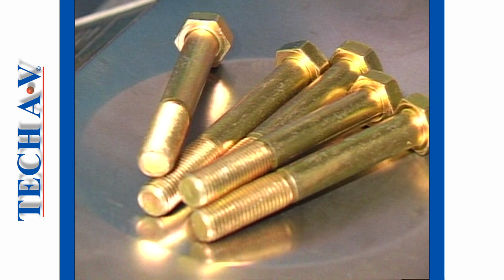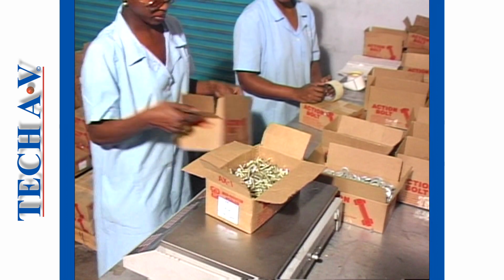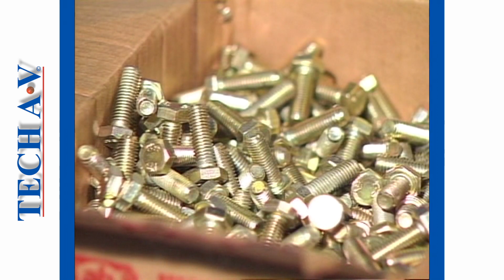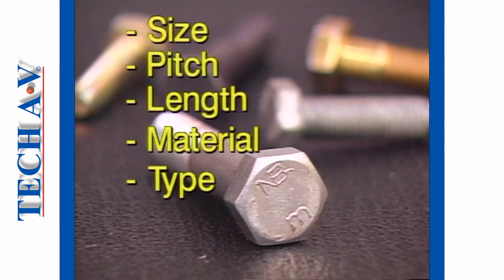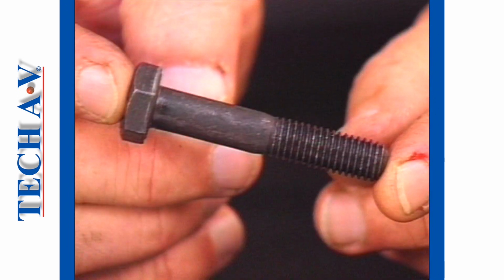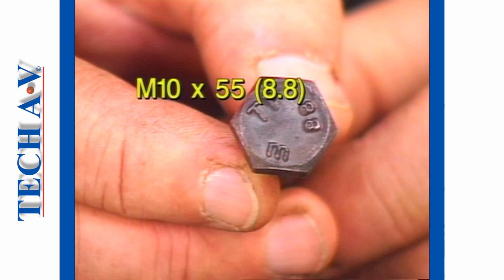Whenever we go to purchase fasteners or ask for a batch delivery of fasteners, it's important that we provide the supplier with the correct information. The correct way to describe a fastener is to give the size and pitch, the nominal length, the material or grade, and the type of fastener required. For example, this fastener is fully described as being metric, 10 mm by 55 mm long, of 8.8 grade, and